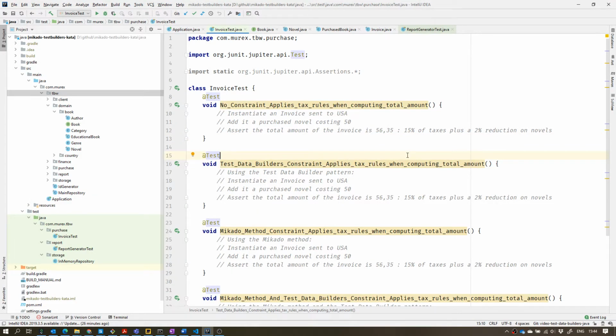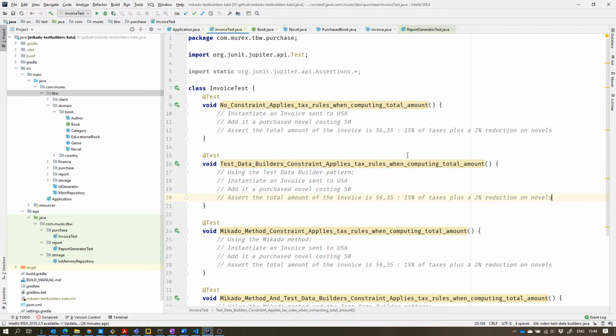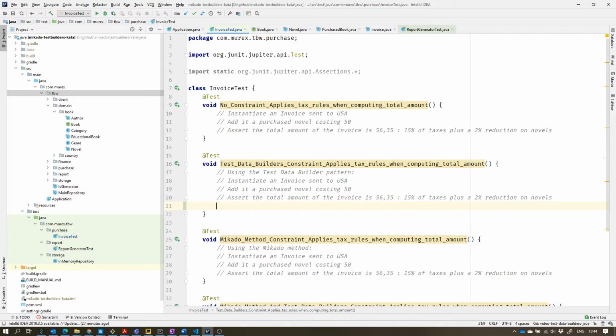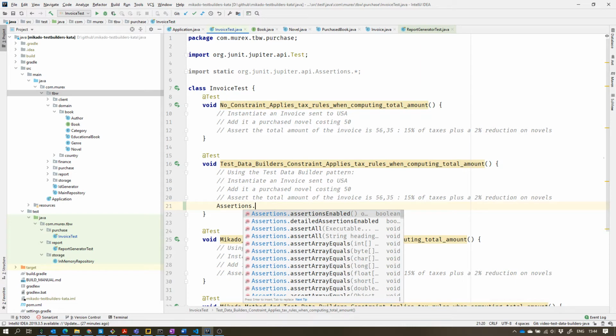So here we go. Now we're going to try to add the tests around the fix using the test data builder pattern. So here is the test we're going to change. Let's try to do this. First, we're going to write the assertion. Assertions assert